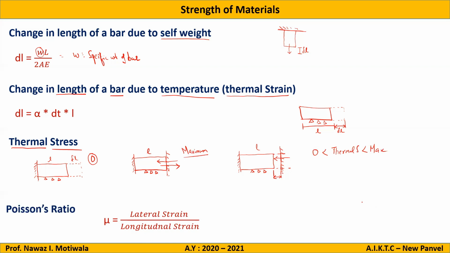For example, let me say that this is a bar again of length L, and it is subjected to some load P in this direction. Because of this, it will try to expand by delta L, and it will contract in the diameter. So if I want to write mu for this, it is lateral strain, which means the change in diameter, perpendicular to the axis of the load. So it will be delta D upon D, the whole divided by the longitudinal strain, which is the strain in the direction of the applied load. Because of this there will be a change in length, so I will write delta L upon L.